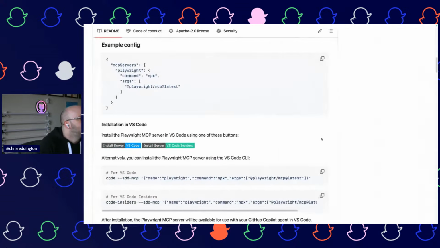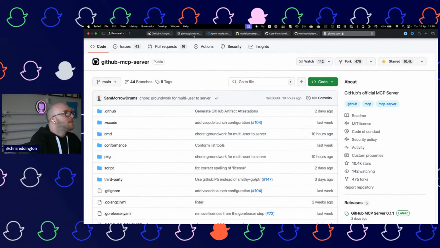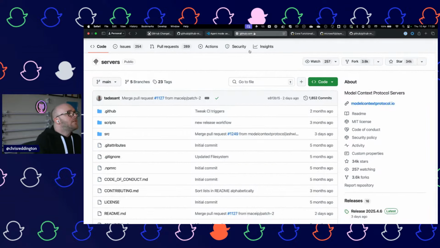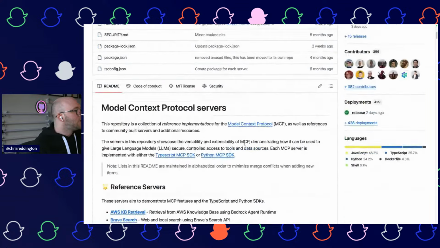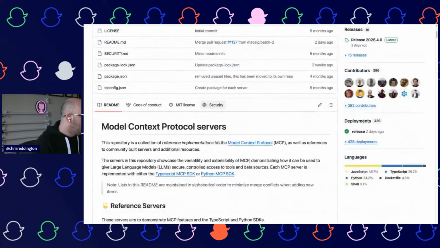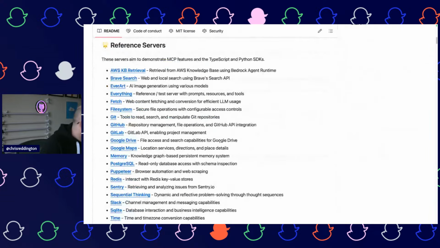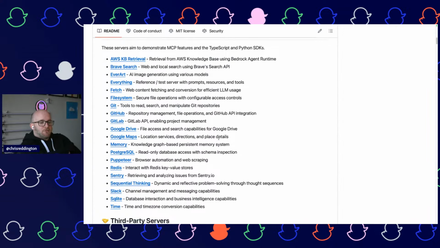The other one that I wanted to bring in is looking at the reference implementations from Anthropic here on the Model Context Protocol GitHub organization. I was looking through because there's a number of different reference servers here.